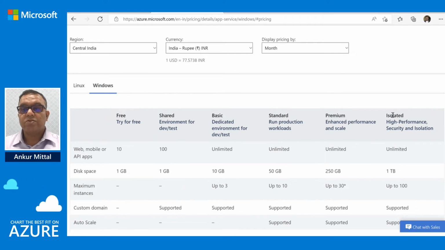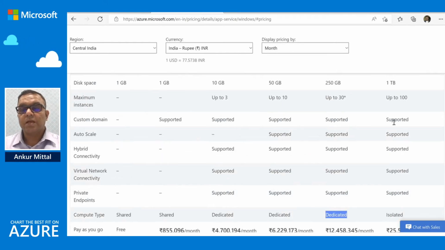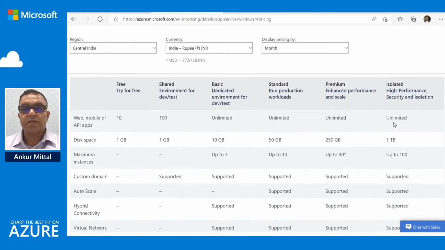After that, we have an isolated plan. This is actually an environment where we host our PaaS services in your virtual network, and it does not have any kind of public connectivity. You can route your traffic, of course, depending upon your need, or if it is an enterprise grade use case with a zero trust security foundation, and the customer is not willing to host it into the